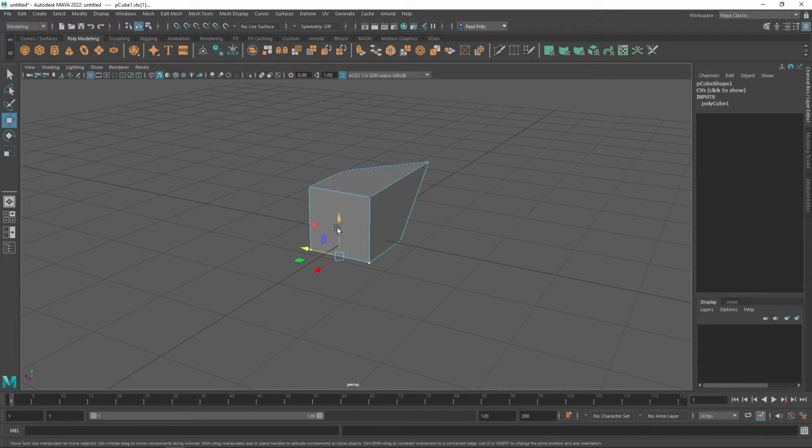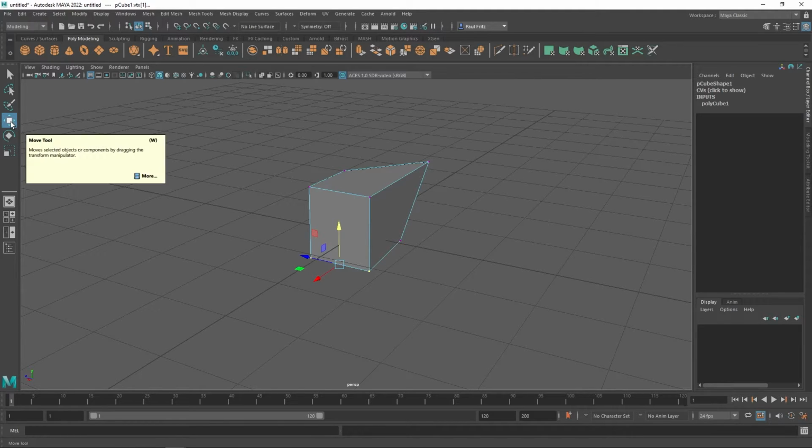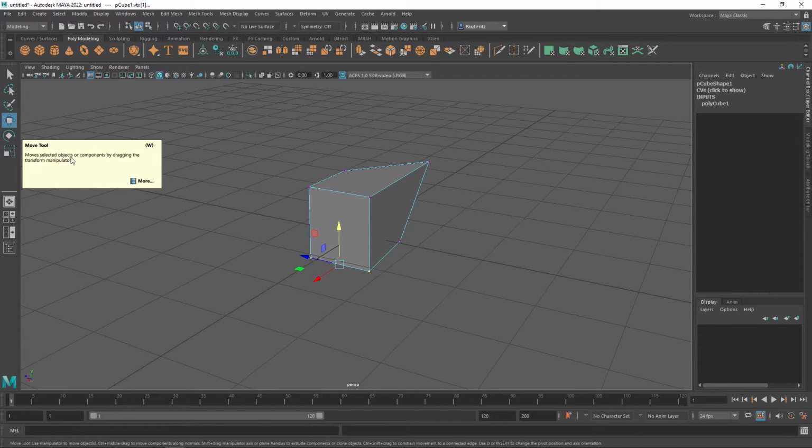And then go back to my W tool. Now, move tool. If you hit W on your keyboard, if you hover over it, you'll see that these little windows will pop up, and you can hit W to get your move tool. Okay. Now there's also a rotate tool,